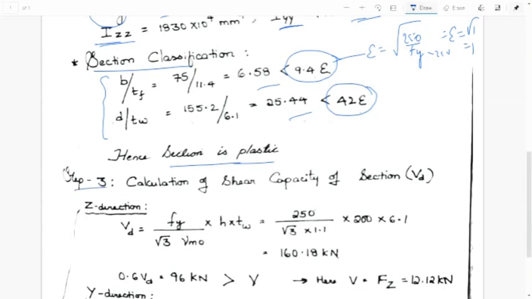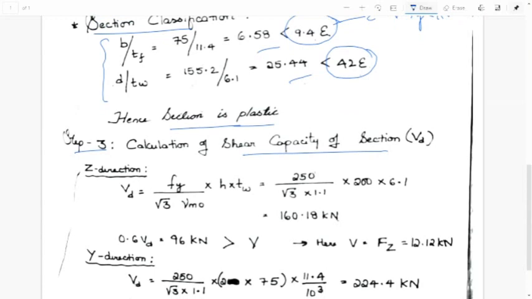And next, step 3, shear capacity of section. As I told you, we can actually skip this section, but for your knowledge I'm going to solve this problem, I mean solve this step also. But when the question is asked for a smaller amount of marks, something like 10 or 8 marks, you can skip this, but you have to write a statement that.